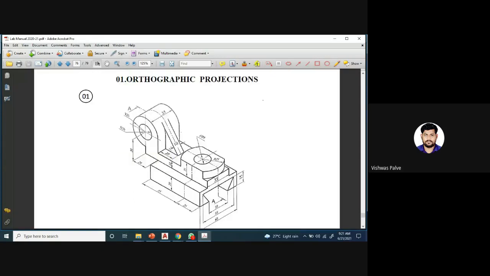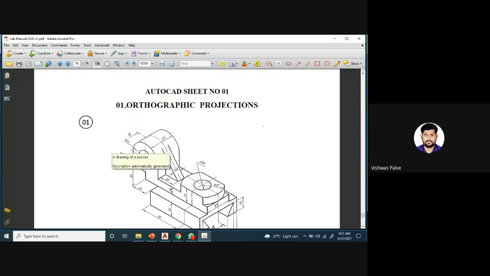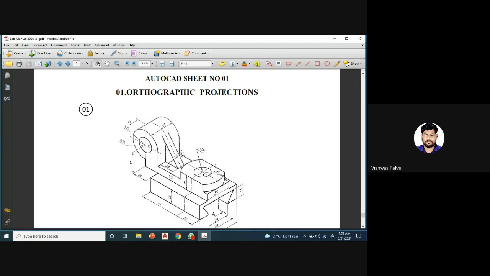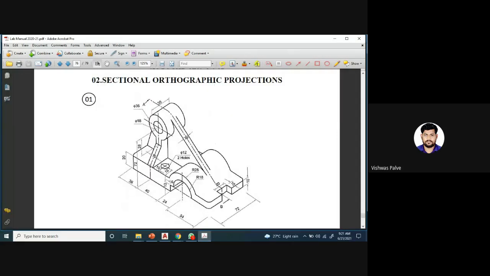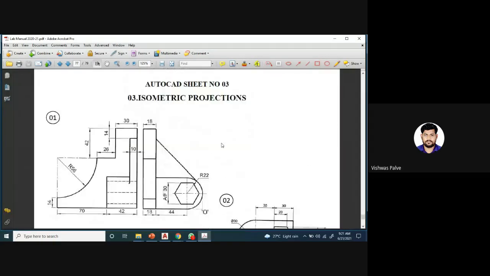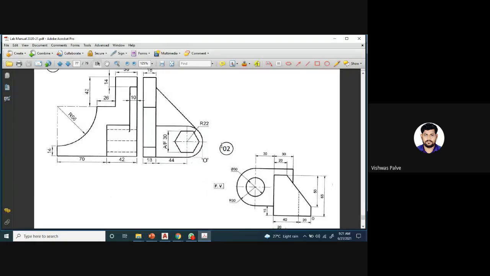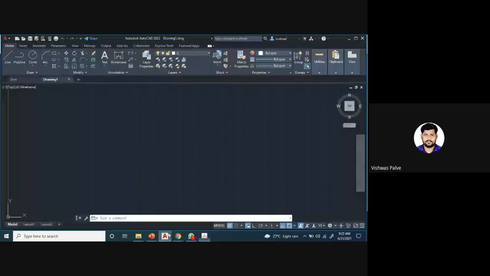Okay, so the second term test will be on AutoCAD. There will be a question on orthographic projections, sectional orthographic projection, or it can be from isometric. These are the three topics from which you have to attempt the question, and it will be on AutoCAD. Those who don't have AutoCAD or a PC or laptop, we will make some arrangement for them. But as far as possible, those who have a laptop or PC have to give the exam on AutoCAD from their home itself. We'll share the screens and we'll check your recordings.